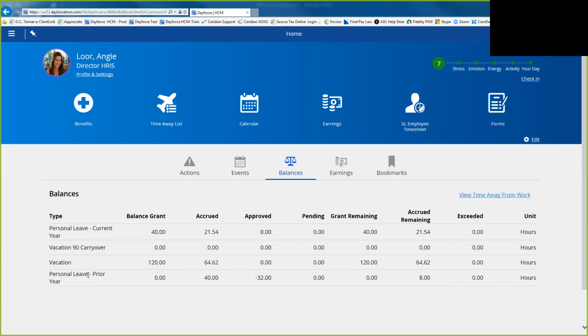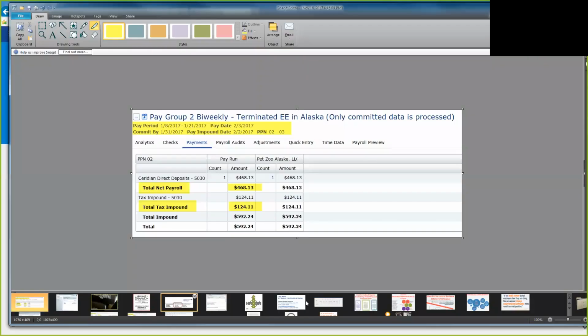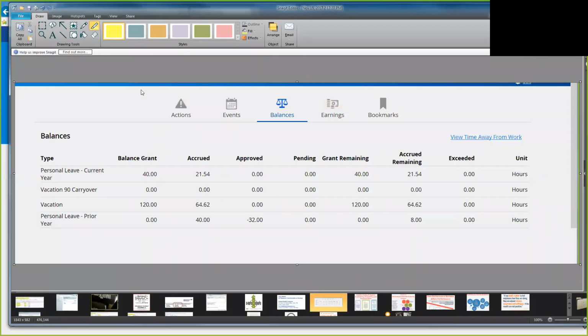So you're either going to go to a vacation bank or a personal leave bank. And in the personal leave bank, instead of having two different banks with 40-hour caps, you're going to have one bank with 80. I know the accrual here, and let me pull up my snapshot so I can highlight it for you, but we're looking at personal leave current year and prior year. What's going to happen is my remaining grants, which I have 40 and 8,